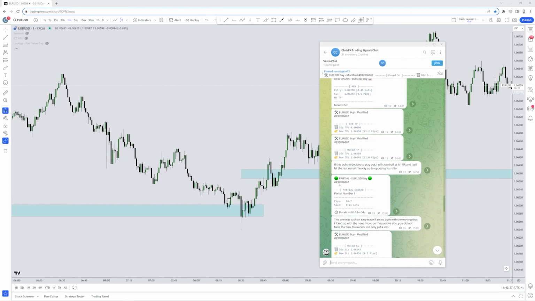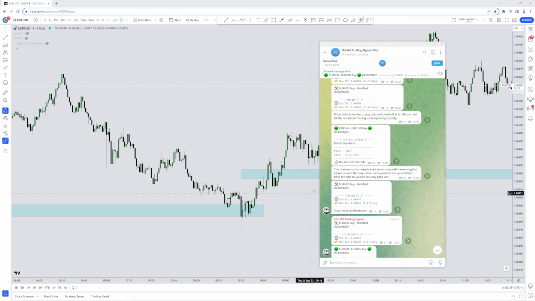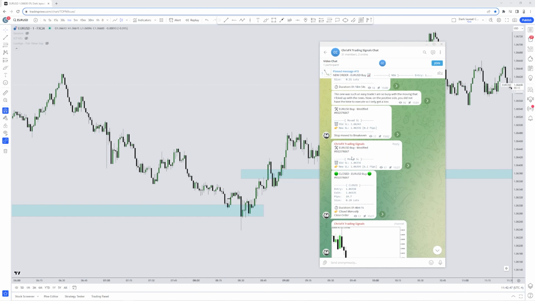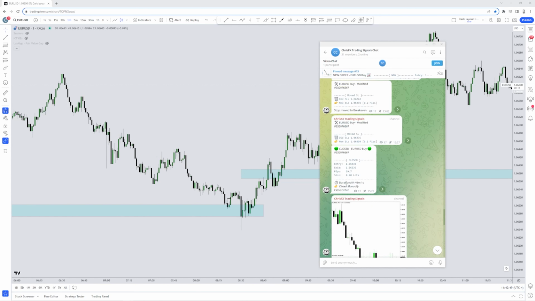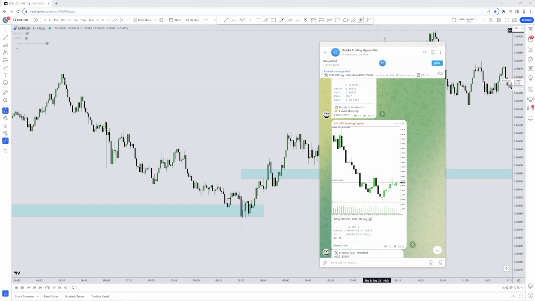I closed it manually. Partial EURUSD buy modified, you see old stop loss, new stop loss, stop moved at break even, right here, analytically, and then here you see I moved the stop loss, and then I closed the EUR/USD buy manually, and after 46 minutes and 1 second. Secondly, right here,